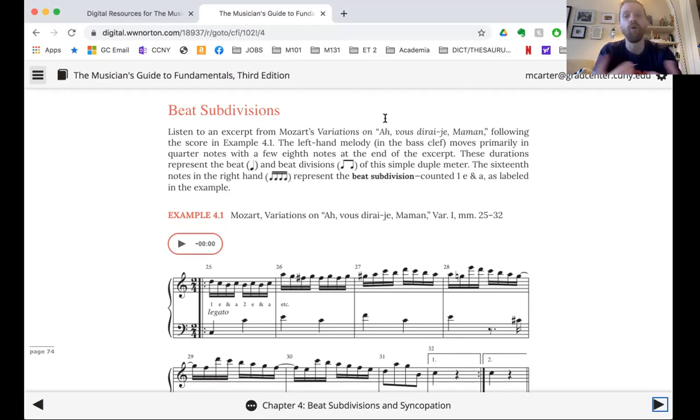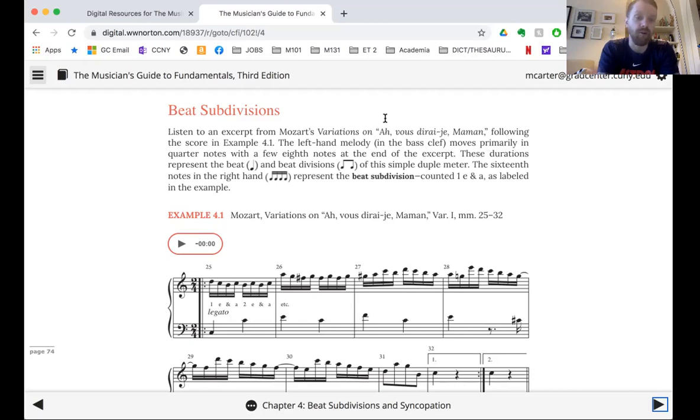So a whole note, for example, we can think of as being divided and subdivided into 2 half notes, which are divided into 4 quarter notes, divided into 8 eighth notes, divided into 16 sixteenth notes, and so forth. So we haven't been making a distinction between division and subdivision, but now we need to make that distinction